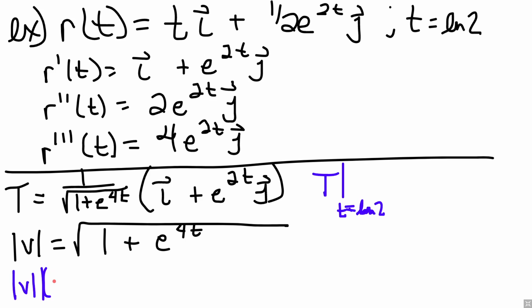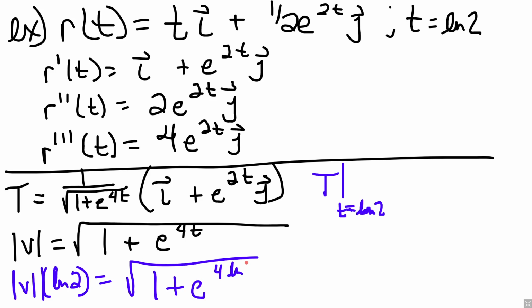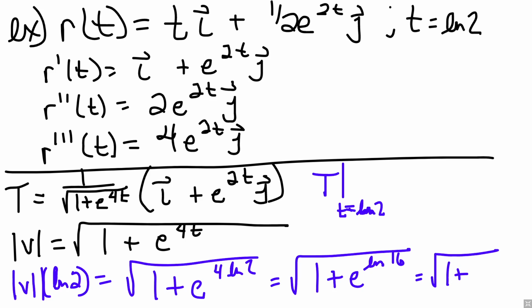If we evaluate this at the natural log of 2, it's going to be the square root of 1 plus e to the 4 natural log of 2. So it's going to be the square root of 1 plus e raised to the natural log, so it'll be 2 to the 4th, which is going to give me 16. So it's the square root of 1 plus e to the natural log of 16, which is just going to give us 16. So we're going to end up with 17. Root 17. So we're going to have 1 over the square root of 17 times